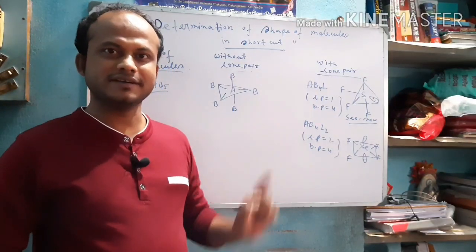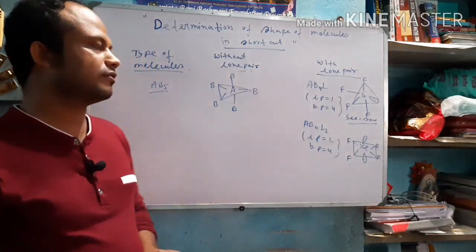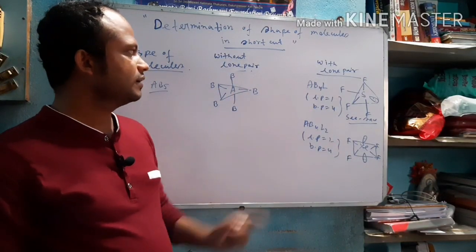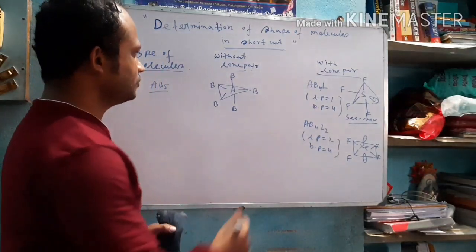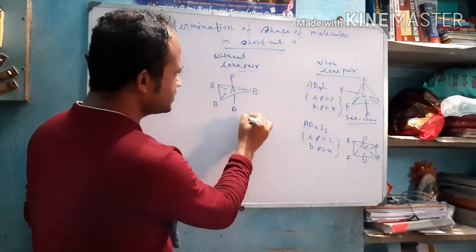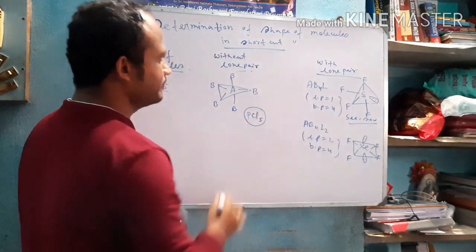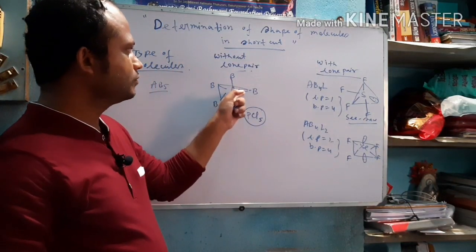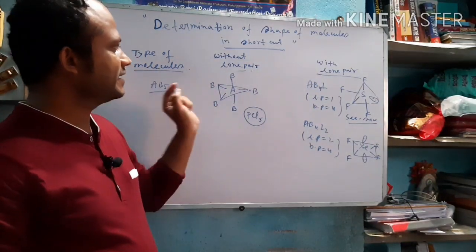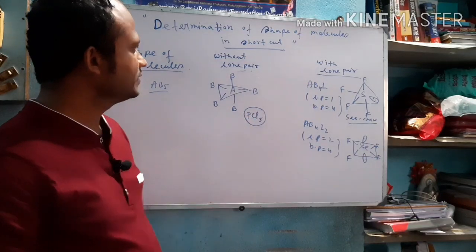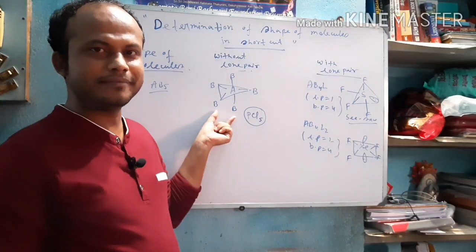But phosphorus can form with the excited energy state. It can form 5 covalent bonds and can combine with 5 B atoms. So the example is P and the B atom is Cl, so this is PCl5. Here, 5 covalent bonds, 5 sigma bonds with no lone pair, that is PCl5, and the structure name is trigonal bipyramidal.